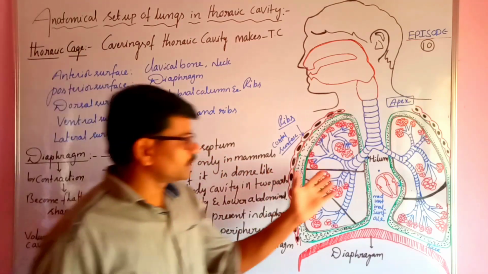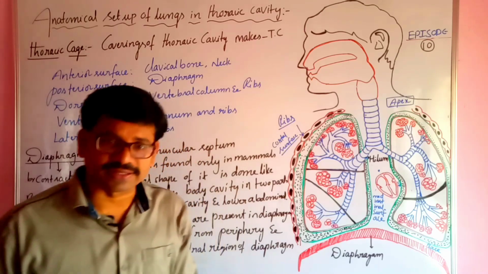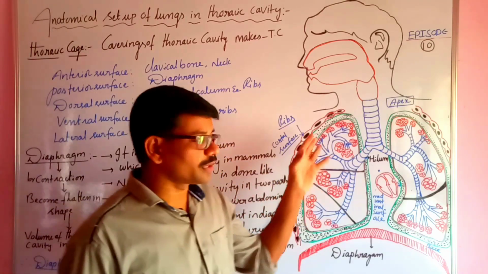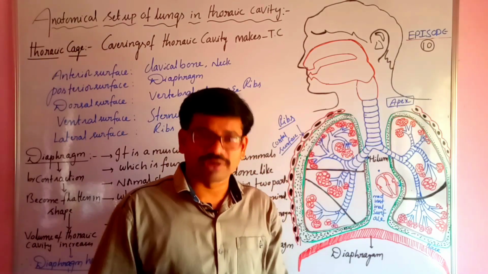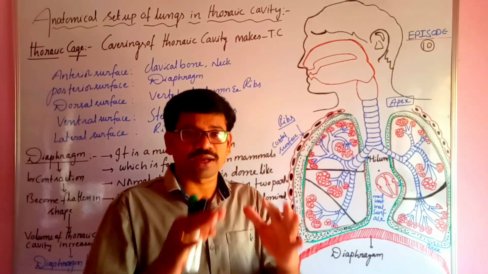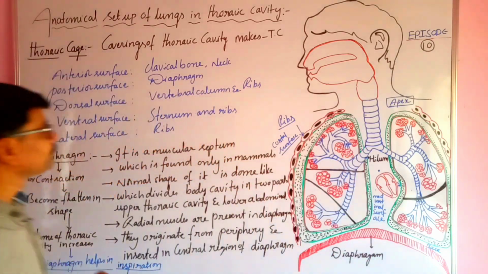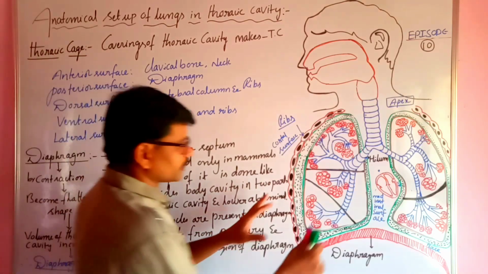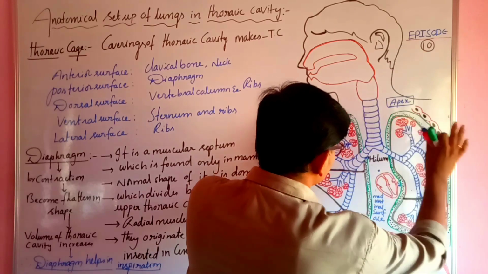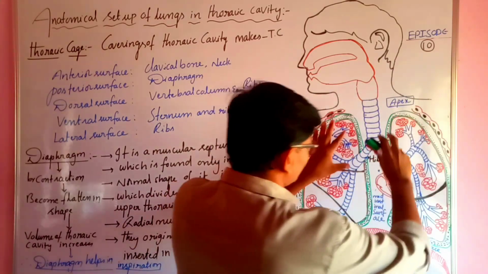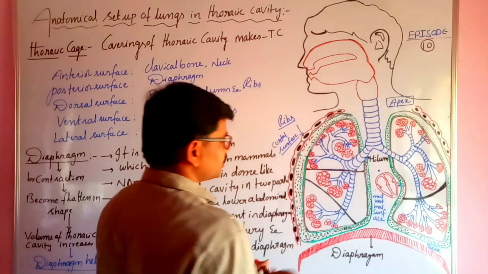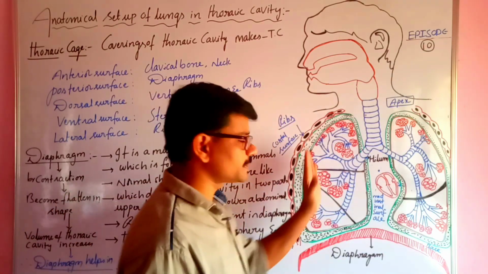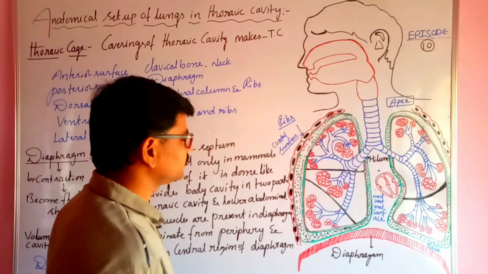Generally, the lungs and heart are present in the thorax, or thoracic cavity, or chest cavity. The lungs are present in the air-filled chest cavity. How is this thoracic case formed? First of all, the lungs and heart are present in the thoracic cavity, but most of the chest cavity is occupied by a pair of lungs. Remember, a pair of lungs is present in the chest cavity of human beings.